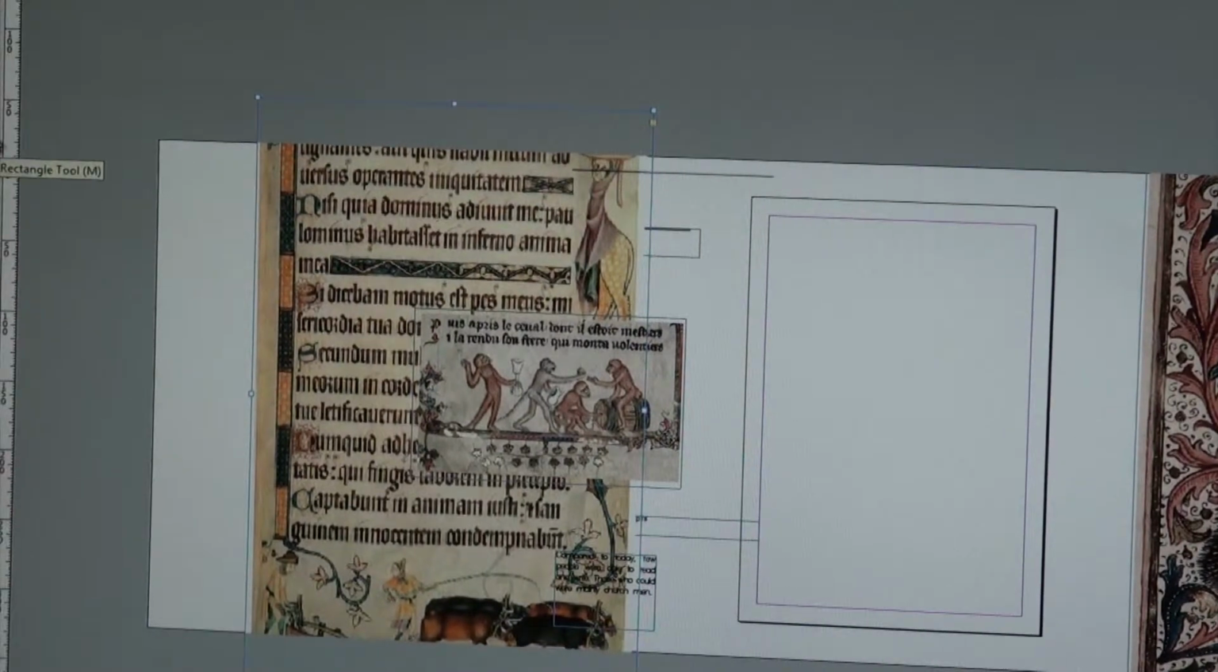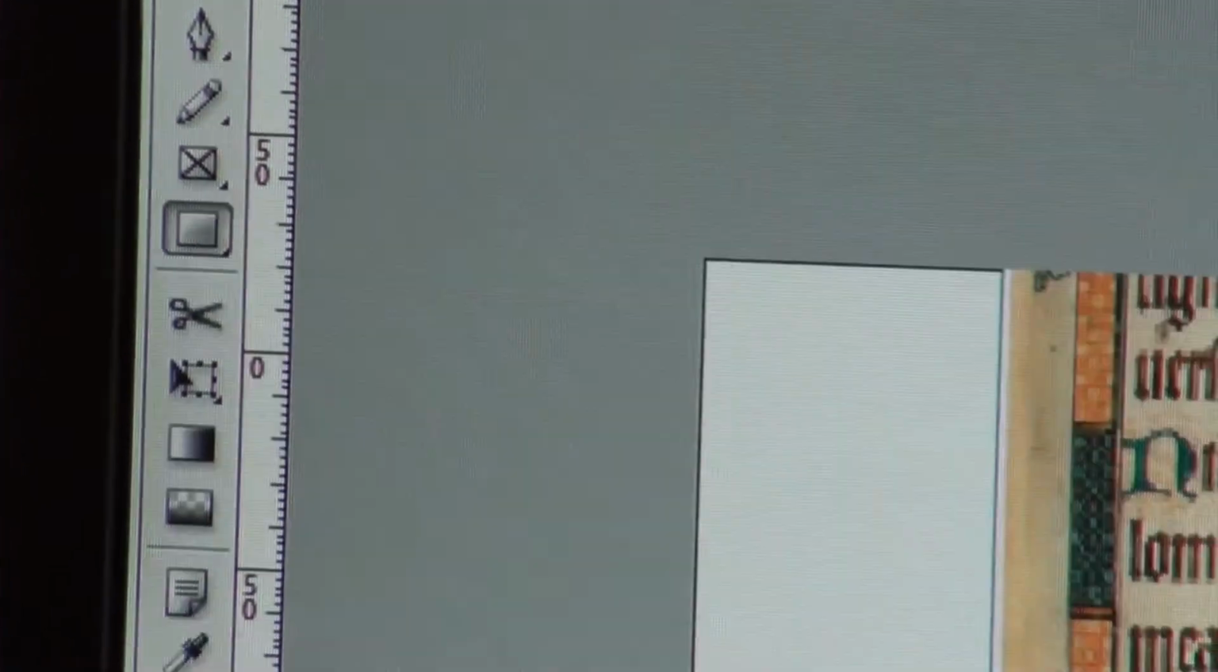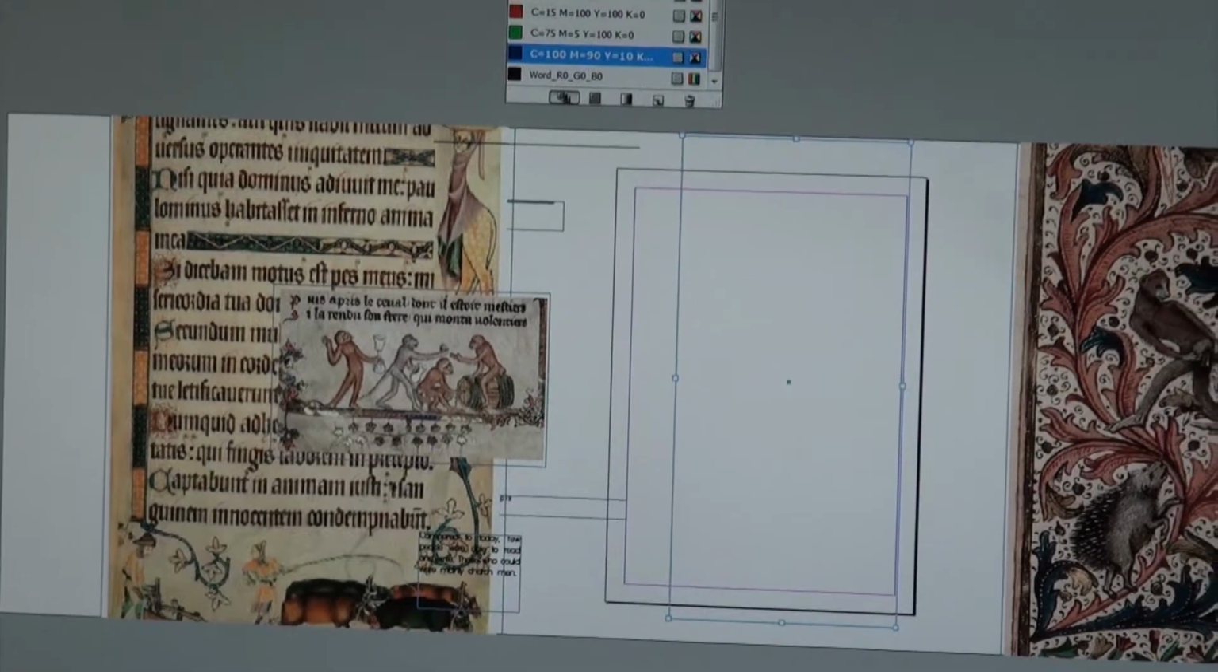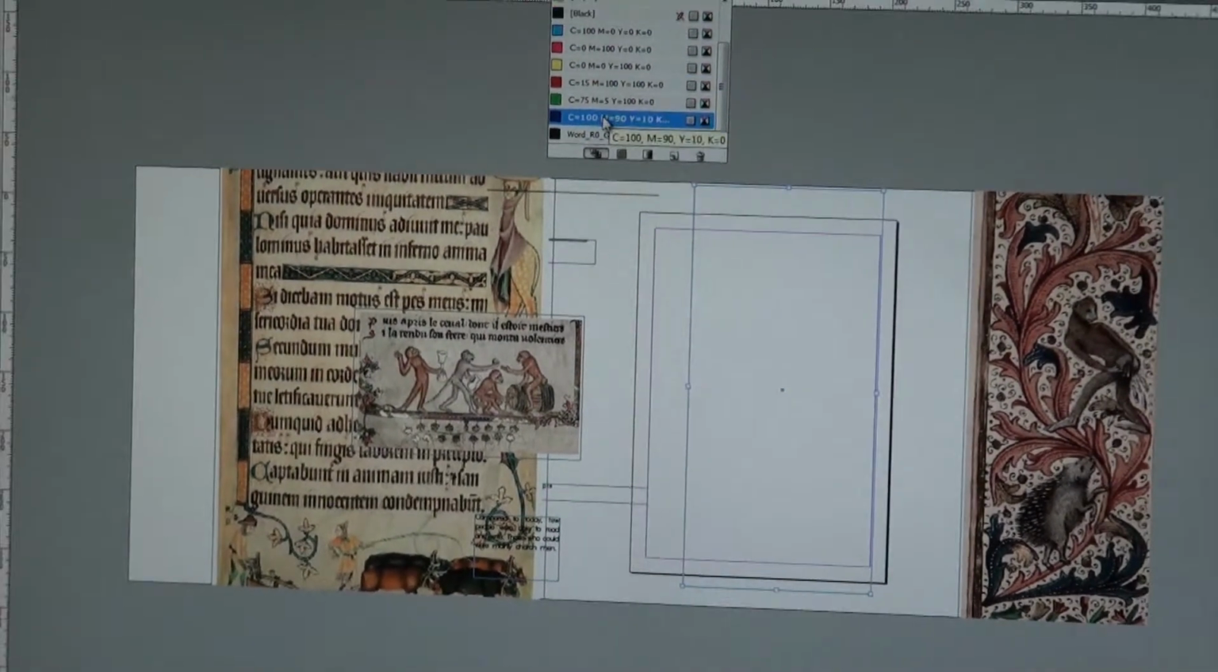And this tool here is a shape tool. It's a rectangular tool, and basically you can just draw shapes. And the whole point with this, I was going to select a colour. Actually,